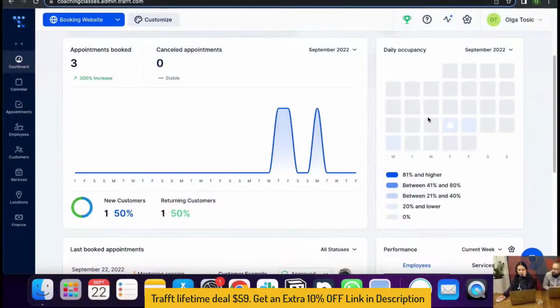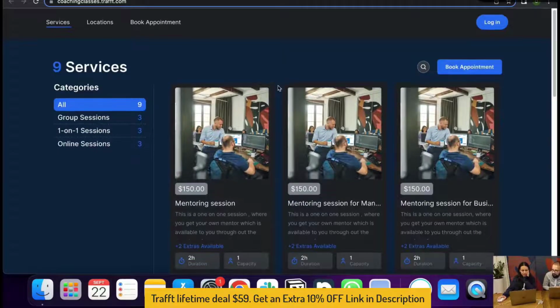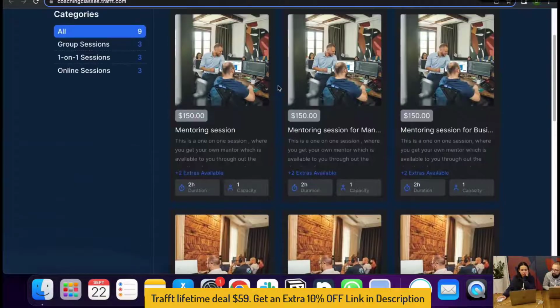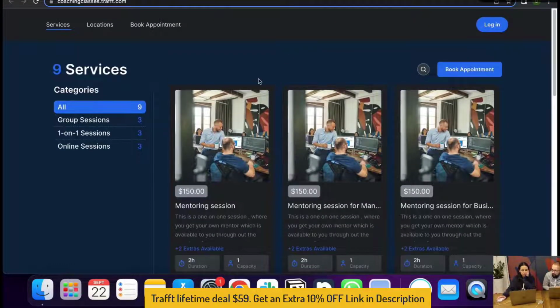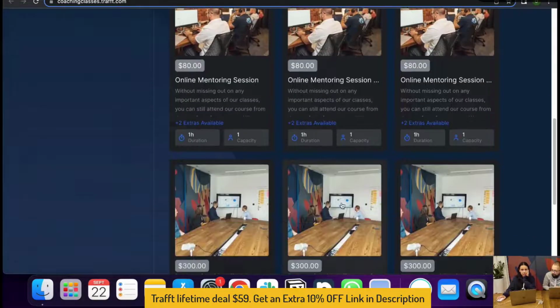So as you see, I'm just logged in as admin currently, but if you click on the top left corner on the button that says booking website, it takes you to the booking website, which you can then share with your customers. So whatever you configure in your dashboard will show up here, the services, any details about the